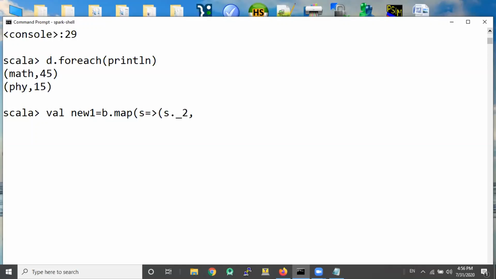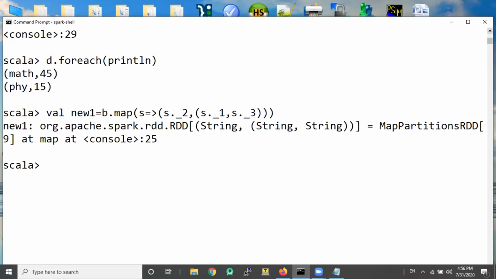So it's the key for a reduce. And the second column becomes a tuple itself. So s dot underscore 1 comma s dot underscore 3. So that's the name and the marks, the name of the student and the marks. Let's see what that gives. It gives me an RDD, which is a tuple, where every row is a tuple containing a string and a tuple of string. So it's a 2-element RDD, and this allows me to do a reduce by key.